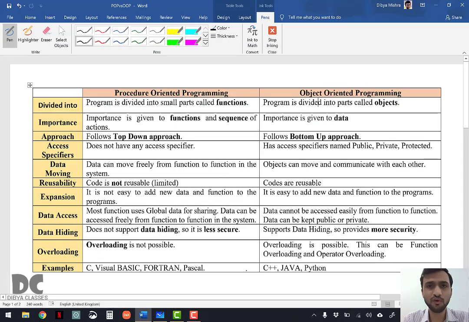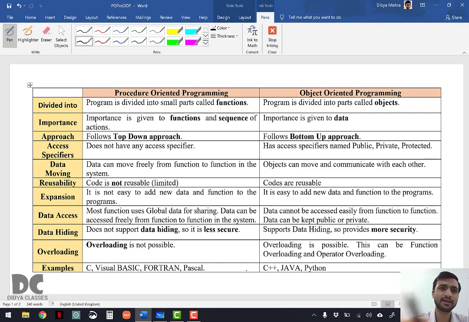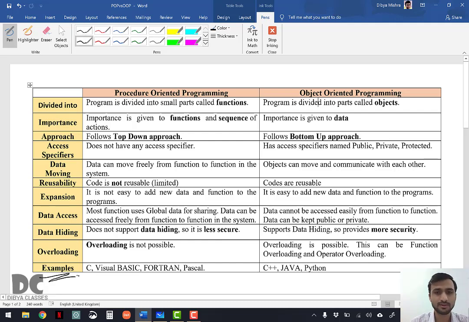POP, the full form is procedure oriented programming, and OOP, the full form is object oriented programming. So before coming to the comparison, I will go directly to what are the examples of POP programming languages and OOP languages.